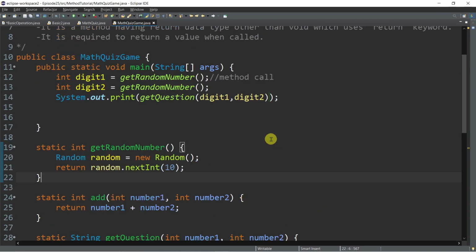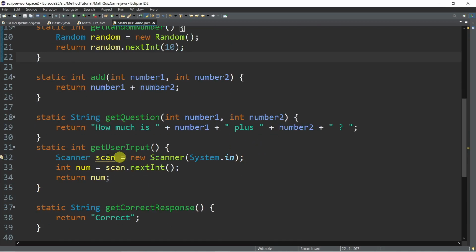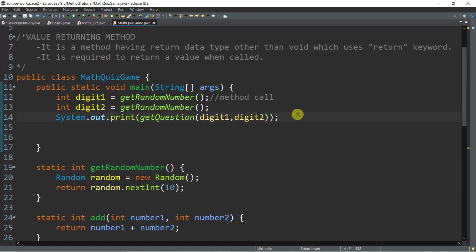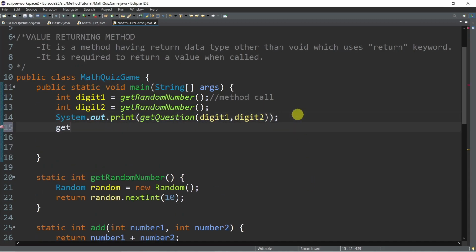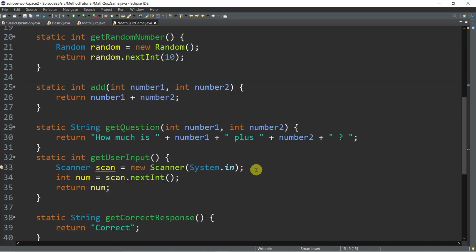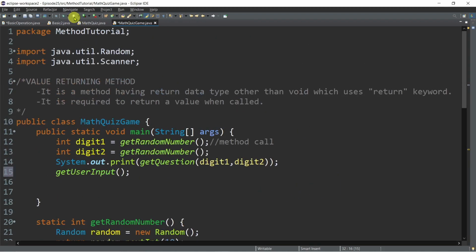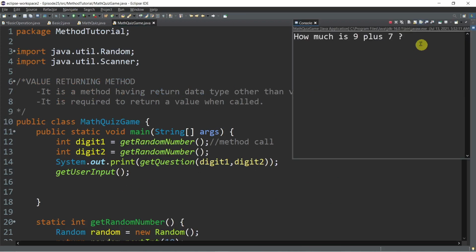So the next step is to call, or use, this get user input without argument, expected to return an integer. So get user input. Common programming error: normally you specify the get user input, so we have a get user input. Once you run, it's syntactically correct, but logically